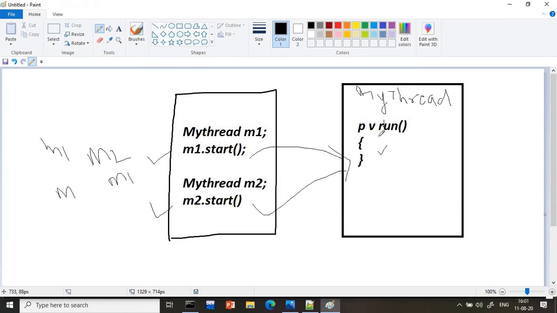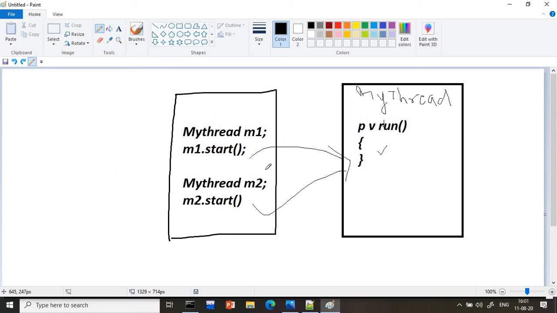Nothing but what? When we are calling the run method, all the three are calling together simply. Suppose thread 1 is calling, main thread is calling. So in that situation, I can't guess the output. Output could be anything. But I wanted to say that first compulsory this method to be executed or this method to be executed. Then we have to set the priority. So why? Suppose, for example, one method is dependent on another method. Once that method is completed, then only this method should start its work. Nothing but priority is set.